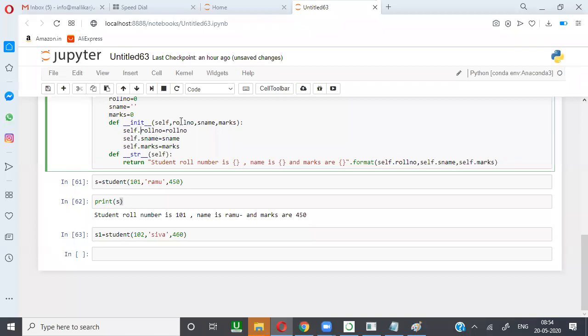For example, instead of roll number, I am taking RNO. Instead of S name, I am taking name. So I am taking M. We will try without using self.